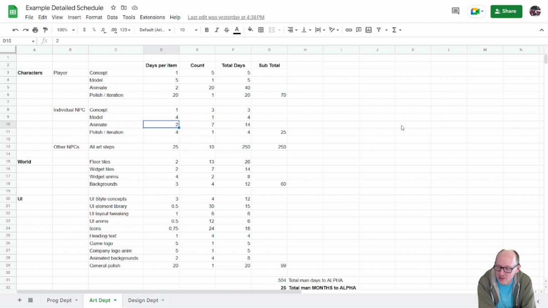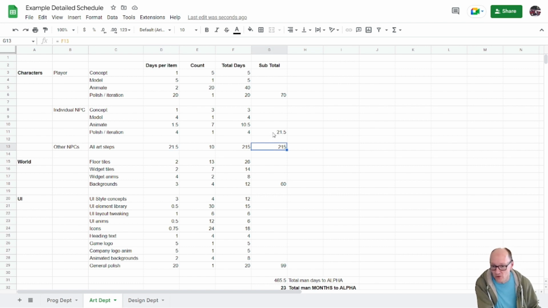And the animator's feeling confident. And he's like, you know what? I'm thinking 1.5 days per animation. So I can go here and say 1.5 and check out this 25 over here. So I press, and this 14. I press enter. Okay, so now this changed from 14 to 10.5. This 25 changed to 21.5. This said 25 before, and now that says 21.5. And so the total here has gone down as well.